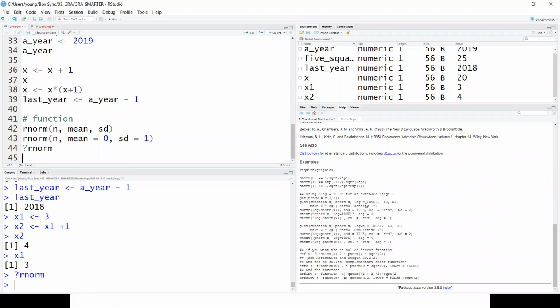But the example is sometimes really helpful because it has an example that you can actually apply to the R script and then write it. So if there's a function that you want to have some example of, try to look up this help page. For some functions, you should put a double question mark, then it'll work. But for this one, we can just put one question mark like this.